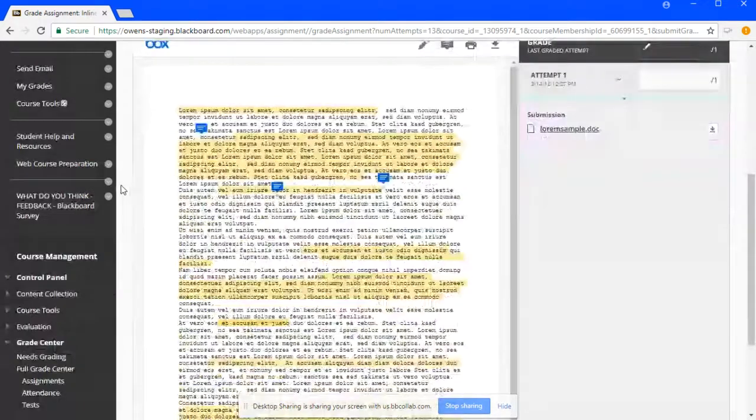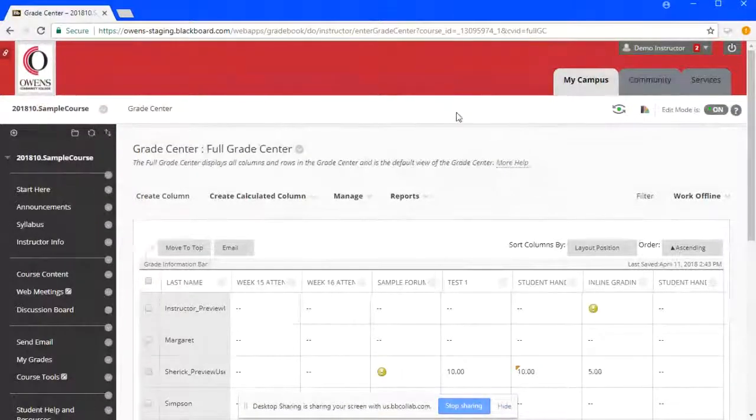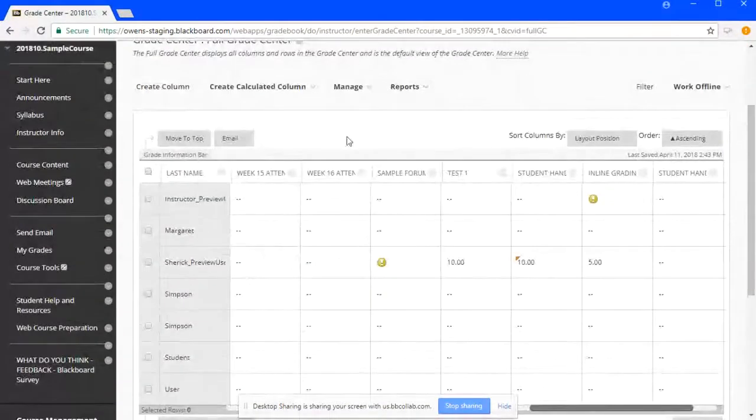Okay, we're running low on time, so I'm going to fast forward a bit to our full Grade Center to show you some of the highlights here. As I said, the Grade Center has changed slightly. I know a couple instructors were not pleased with the way it looks, but once we were able to change the screen responsiveness, meaning the size of it, it worked out.